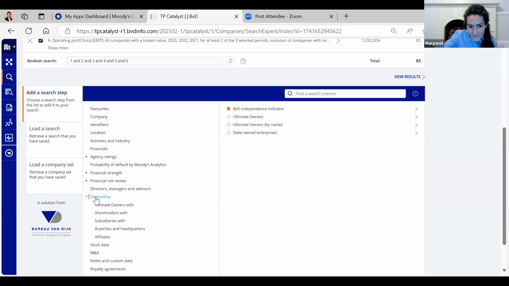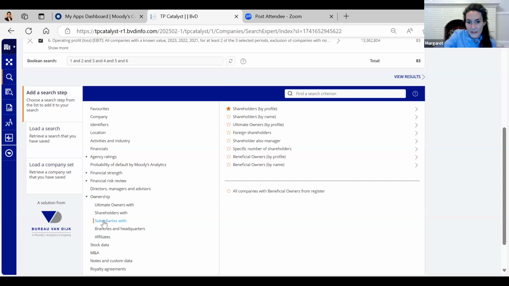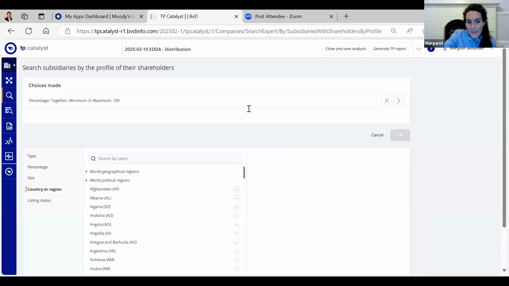ownership here. And then I'm looking for, so your tested party is usually going to be a subsidiary, and we're looking for the level of ownership that the parent company has or any other group member. So I would pick subsidiaries with shareholders by profile.